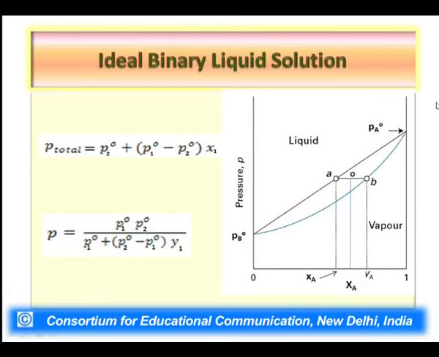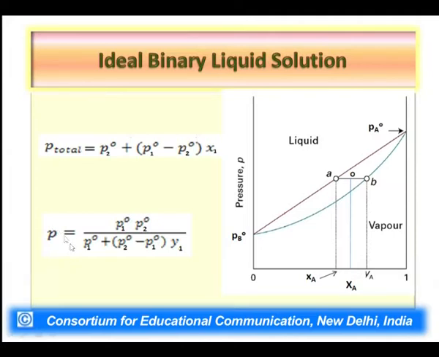And these are the governing equations which help determine the total vapor pressure with respect to composition in the liquid phase, represented by small letter x, and composition in the vapor phase, represented by small letter y. So here x1 means the amount fraction or mole fraction of component 1 in the liquid phase, and small y1 means the amount fraction or mole fraction of component 1 in the vapor phase. Total vapor pressure is related as P2 naught plus (P1 naught minus P2 naught) times x1, that is, the total vapor pressure in this straight line equation is related to the composition in the liquid phase, in other words the amount fraction of component 1 in the liquid phase,